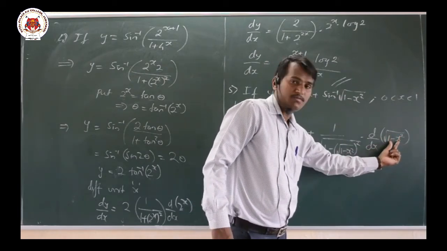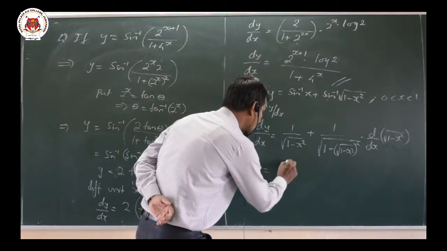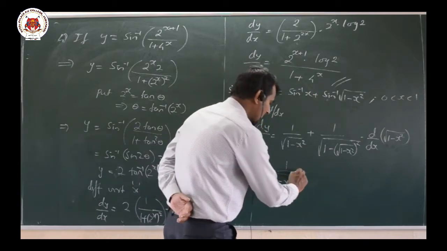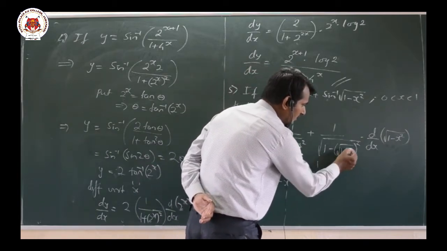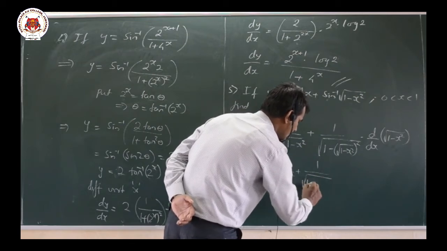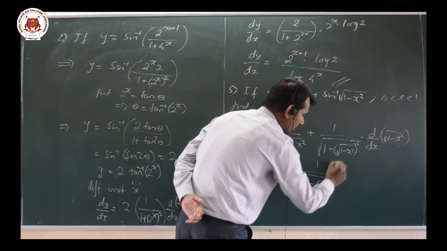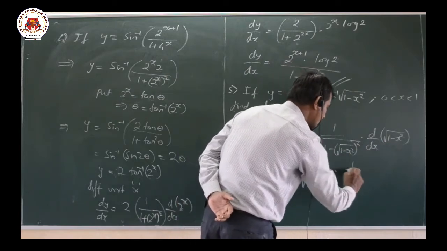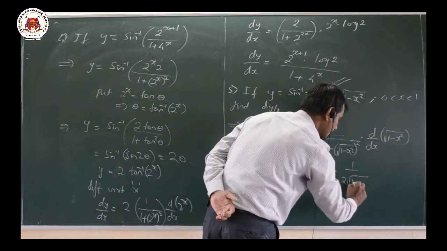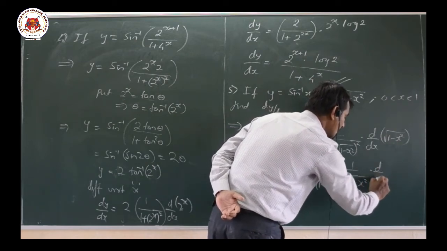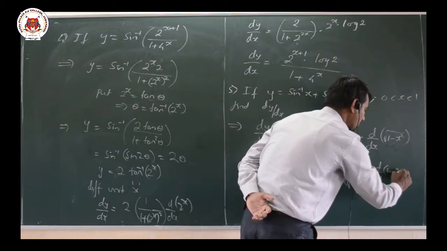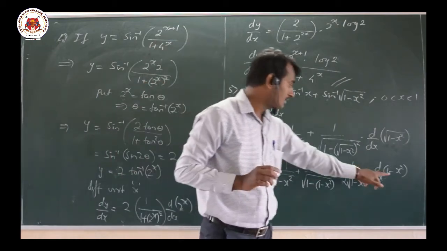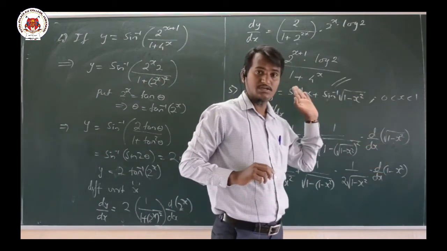Further differentiation of the innermost part. That is nothing but 1 divided by 1 plus x square, sorry, it is minus here, then plus 1 divided by root, and the square gets eliminated with the root, so what remains is 1 minus x square as it is, into root x differentiation 1 by 2 root x, that is 1 minus x square, into further d by dx of the innermost part. That is very important here. If you leave this part, you will be awarded marks only for one step.